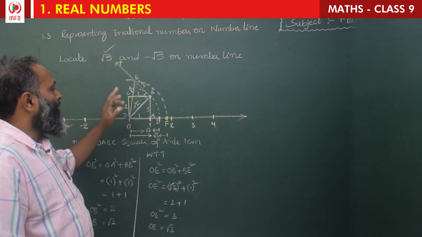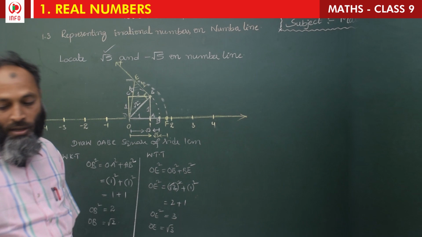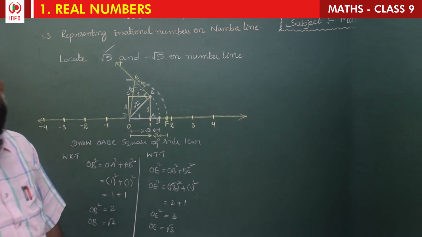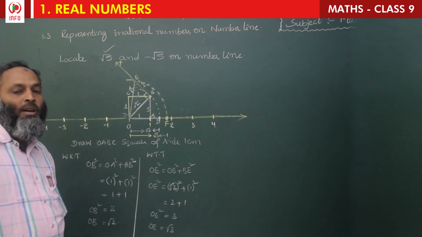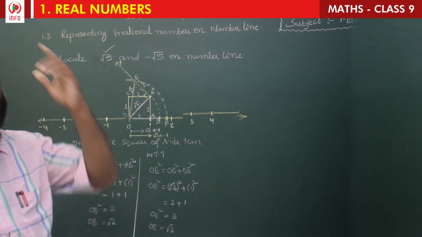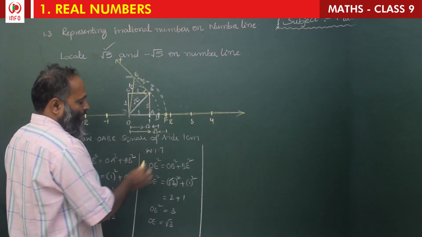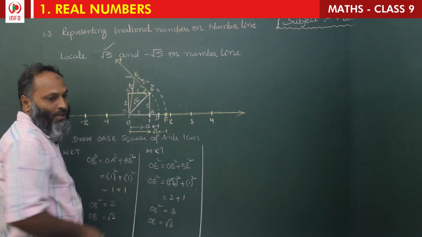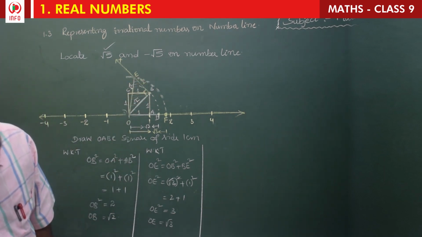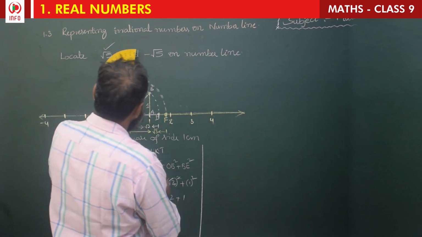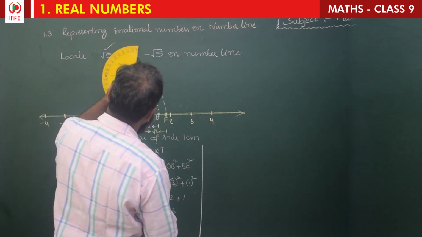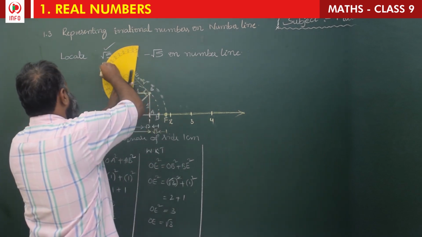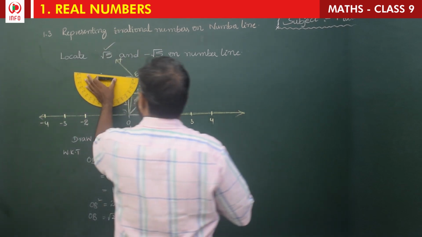Now root 2 and root 3 are over. After that, what should we find? Root 4, and after that root 5. So till root 5 we should do. So this is root 3. Now again, with E as a center, we should take a perpendicular line. So here we have a perpendicular. Now draw a perpendicular from E.